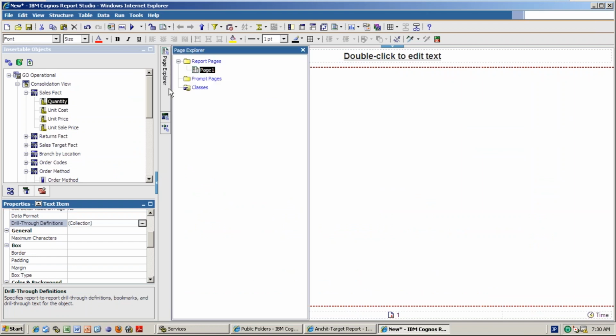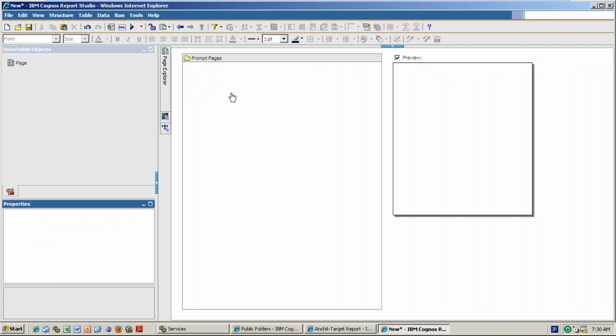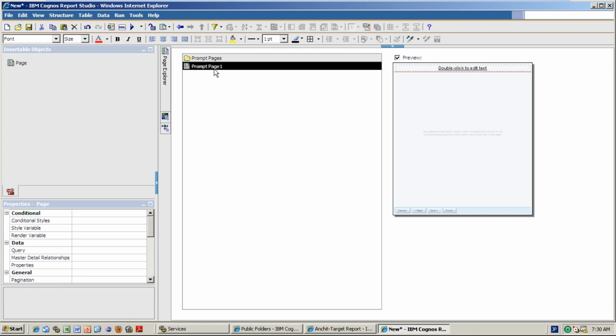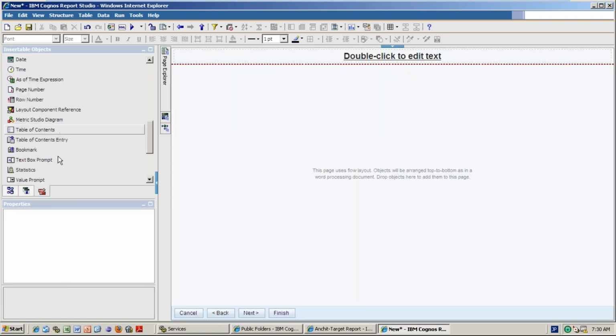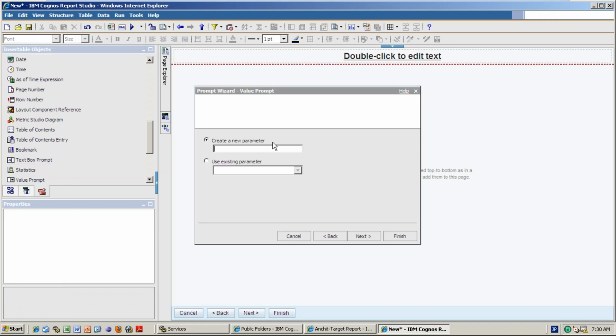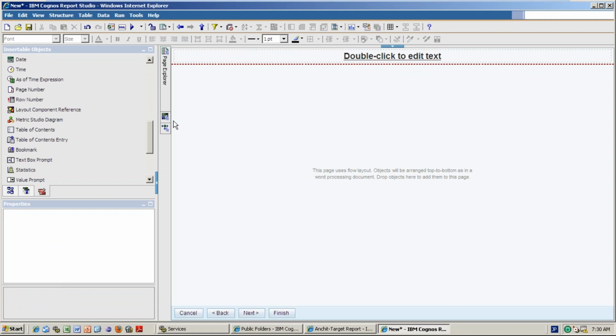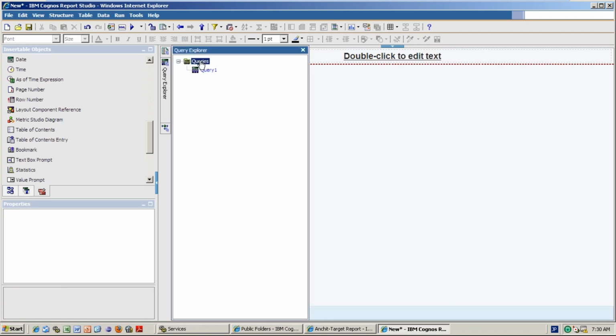Now, please let me know if I have any prompt page. Okay, go ahead and create a prompt page in the source report. If you have a prompt page, then you need to send a parameter, not a data item. So drag in a page, and on product line I want to create a prompt page. Simply, I don't want to write tables and all those things. I'm giving the prompt value directly, and it is sending parameter one, and you know how to do the parameters.